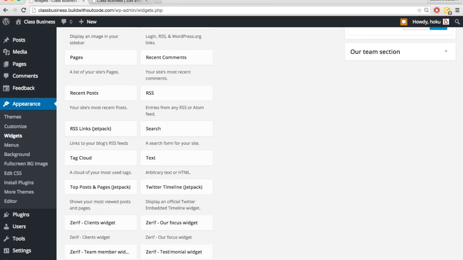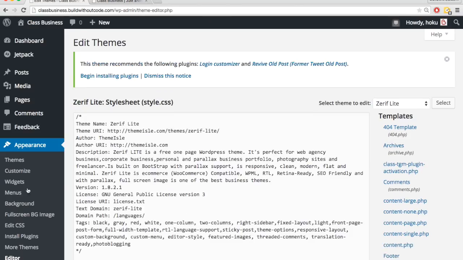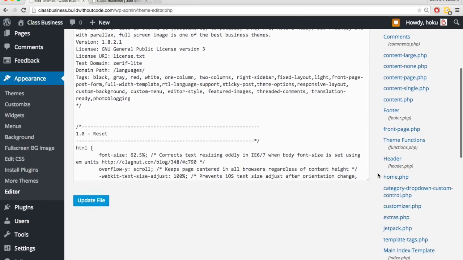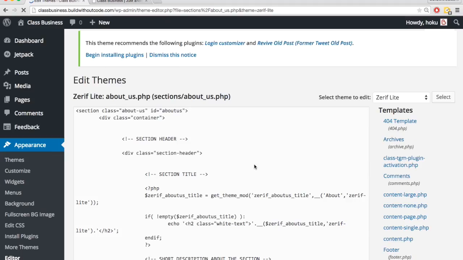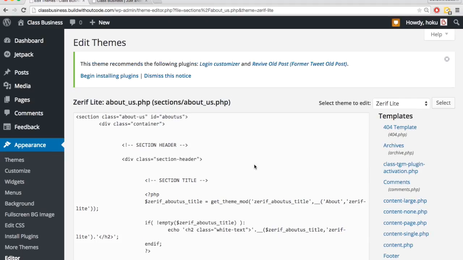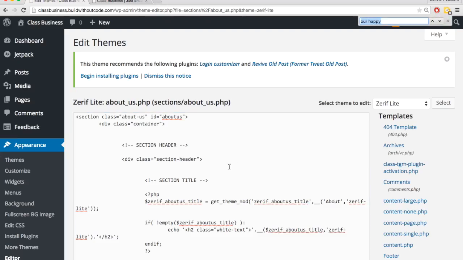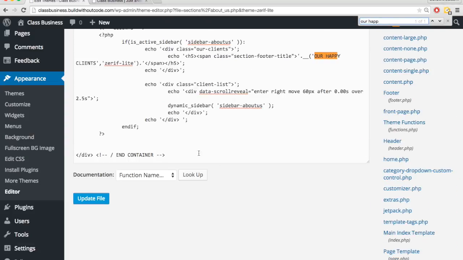And to do that, I'd have to go into the actual editor. So this is one of the few times that I will change something in the editor. And if I scroll down, there's this About Us.php file. And so what I want to change is the wording. Somewhere it's typed in here to say Our Happy Client. So I'm just going to do Command F to look for, and then type in Our Happy, and there it is. So here is where it's telling it to say